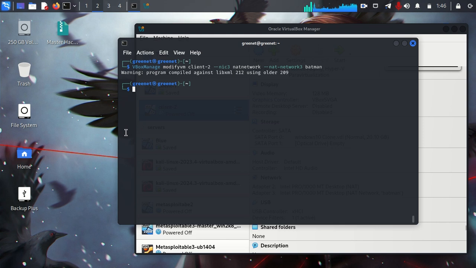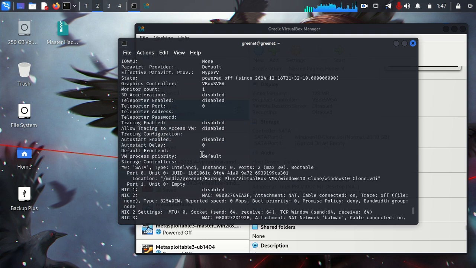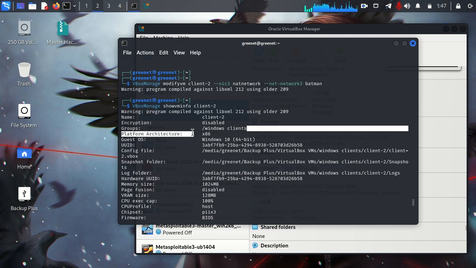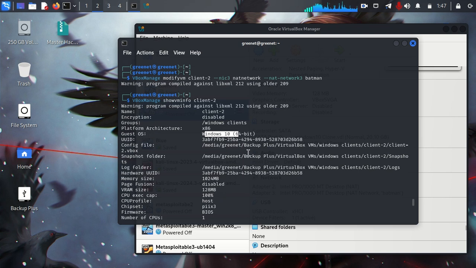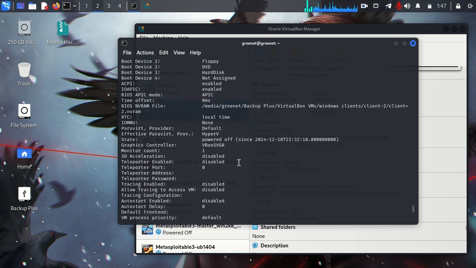now we are going to say VBoxManage, showvminfo, and provide the VM that you want to view. If you press enter, it will give you more information about that VM in your command line. We see this one in a group. We see this is a Windows 10, the guest OS, the locations. You can see the RAM, the VRAM size is there, but if you go down further,